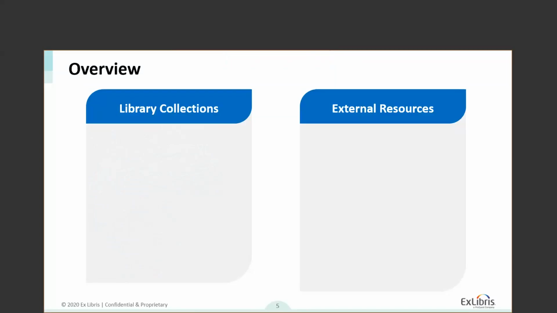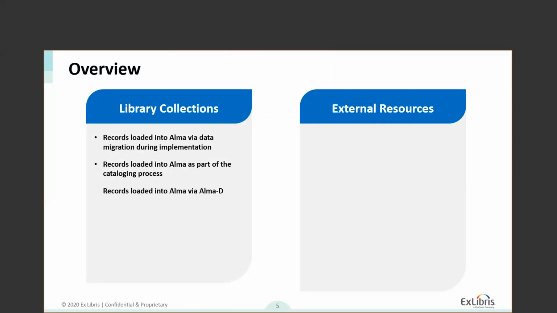Obviously we know about our library collections, but just to compare and contrast the internal records with the external resources so we understand how they differ. Your library collections are your records that are loaded into Alma during data migration, implementation, your ongoing cataloging, your original cataloging, import profiles, all of that, getting your local records into Alma. They could also include Alma D. So if you have Alma Digital, you could be managing your digital records internally in Alma